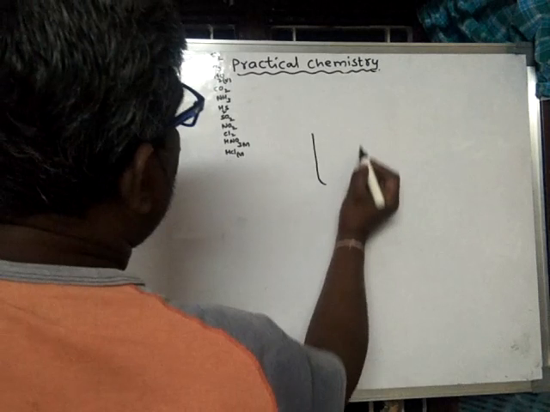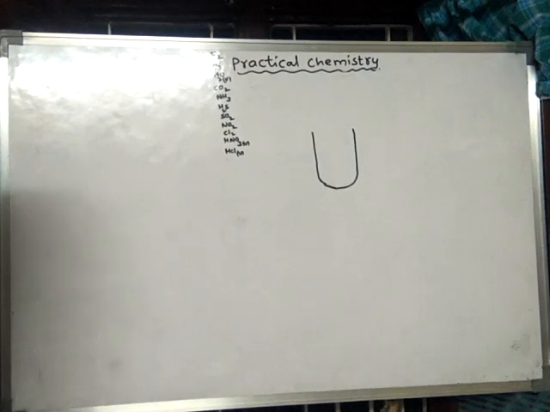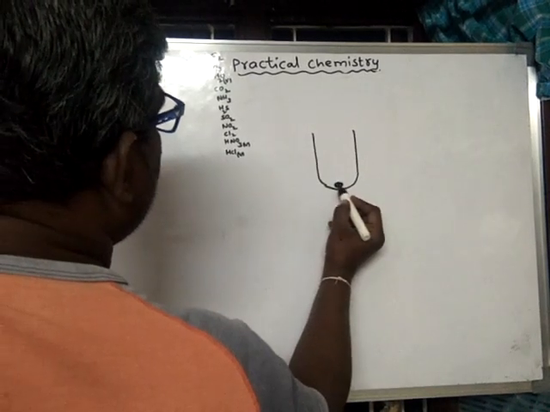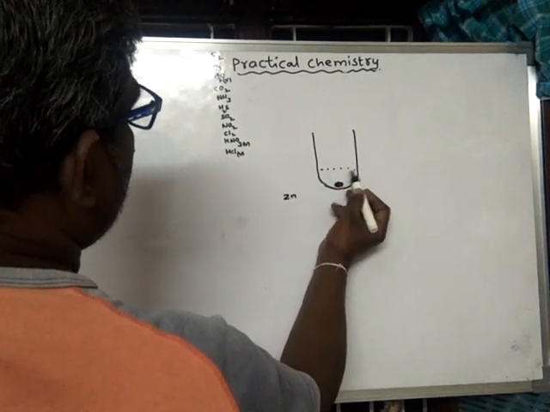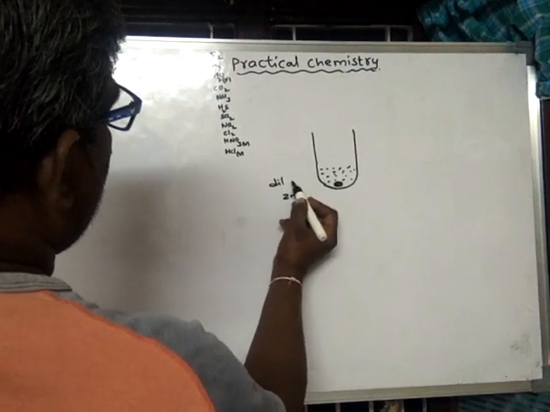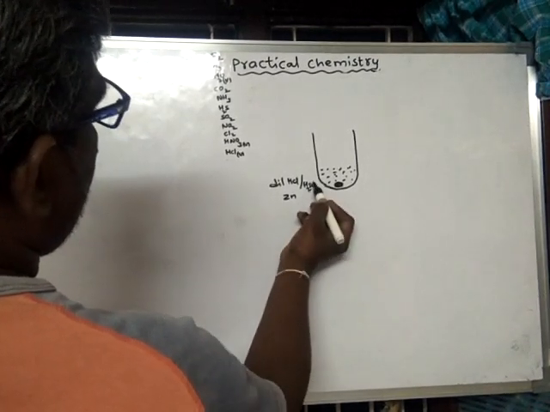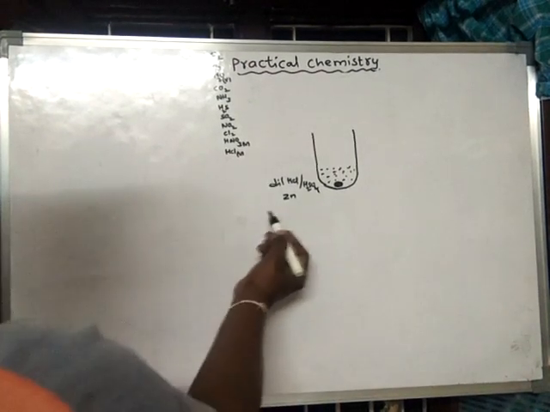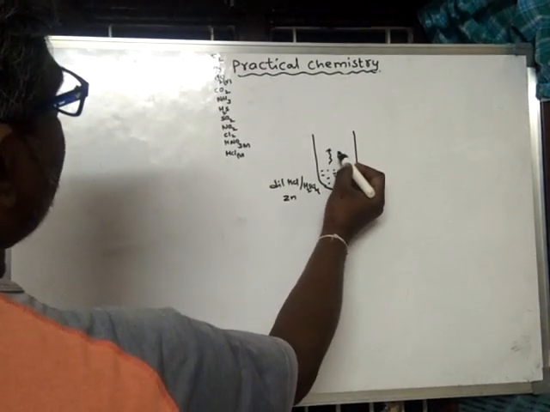See, I have taken a test tube. Listen carefully. I have taken a metal like zinc, and I put an acid into this, dilute HCl or dilute H2SO4. I have kept an active metal in it. Now these two substances are made to react. What happened? Some gas is liberated.